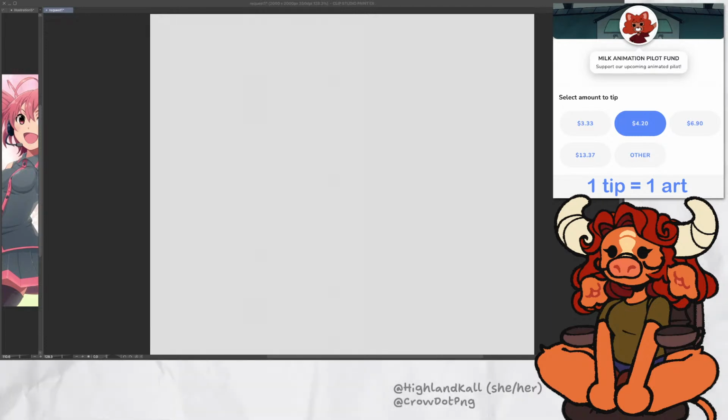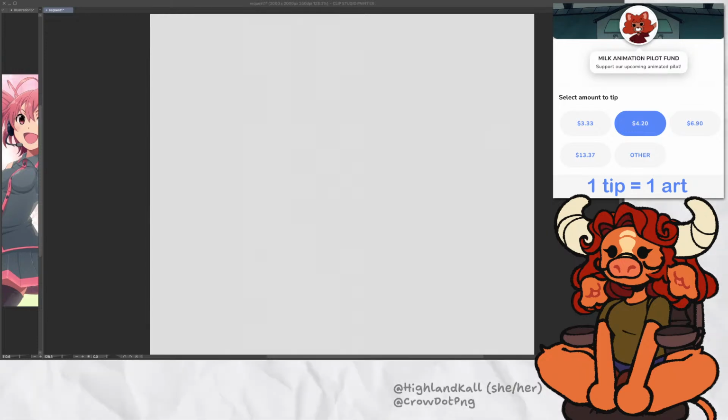I do have a cup of water here that I think is almost empty at this point, but oh, right, I promised a PuppyCat drawing, so let's do PuppyCat. I probably don't need a reference for PuppyCat.